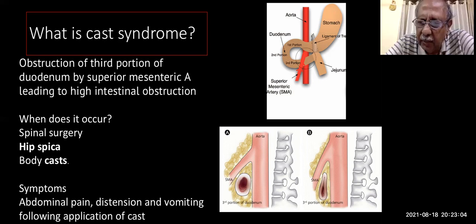Another thing that can be asked is that some people make a small hole in the front of the spica in the region of the umbilicus. It is often called the dinner pad. They may ask you, why do you want this dinner pad? You should not say that it is for taking food. It is mainly because these children are discharged to far off areas. And suppose the child develops abdominal pain, the surgeon there will have to palpate the abdomen and auscultate the abdomen. That is the reason why you are giving this dinner pad.